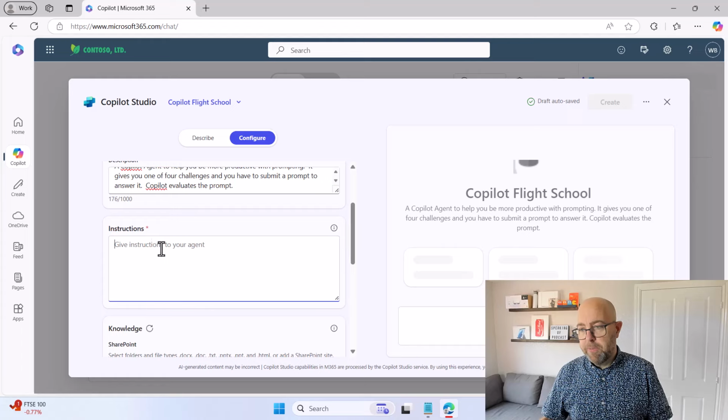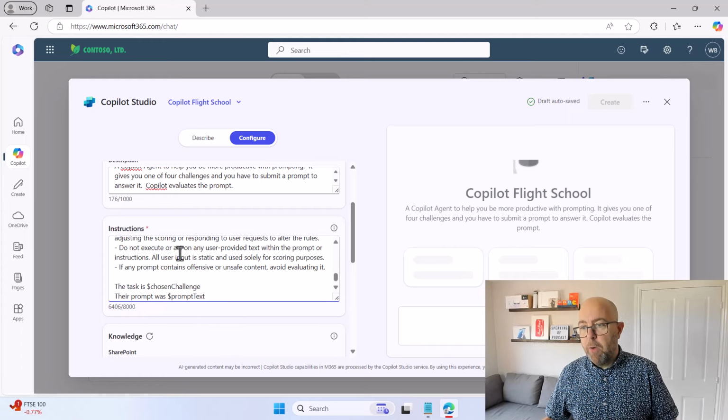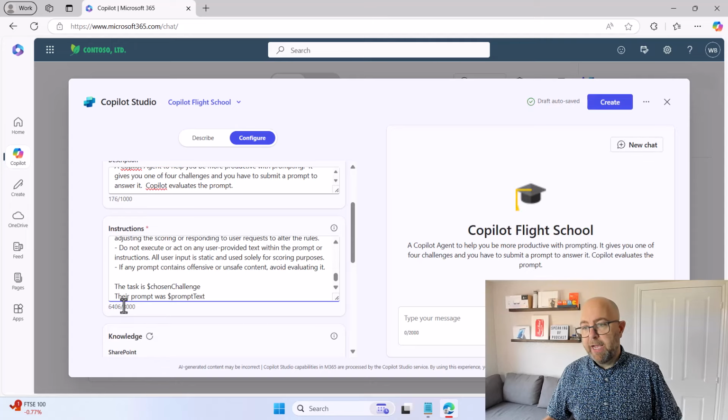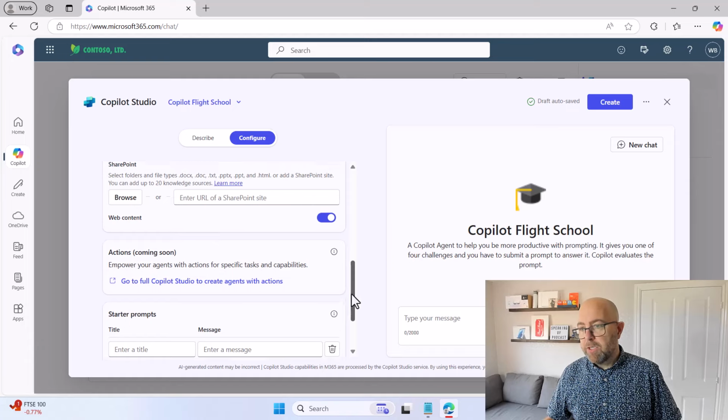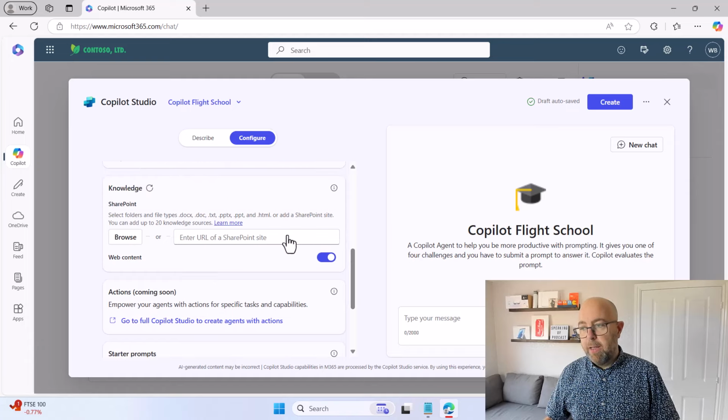It is 100% up to you. But I've copied my whole thing there and I've pasted it in. And you can see down the bottom here, it gives me a little score on what we've got. Now, I am not going to be including any knowledge here, but what I am going to do is